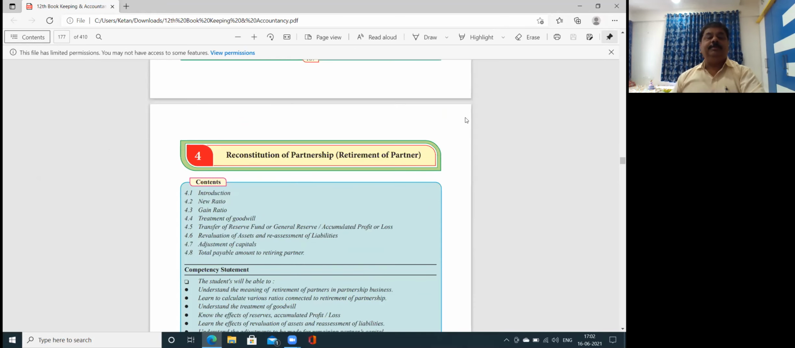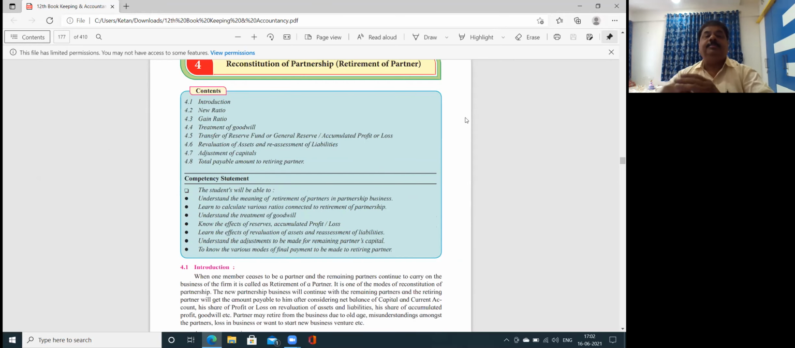So this is chapter number 4, reconstitution of partnership and retirement of partner. The contents are: introduction, then learning to calculate the new ratio and the gain ratio, also called the benefit ratio. In the case of admission of a partner, a new partner is coming, so the old partners are making a sacrifice